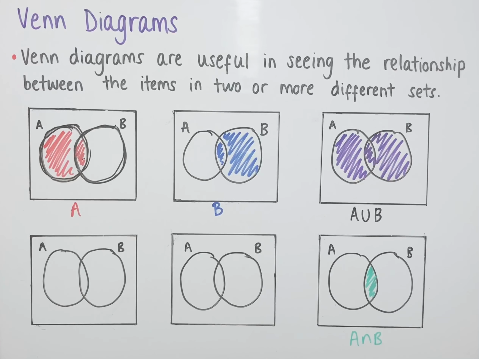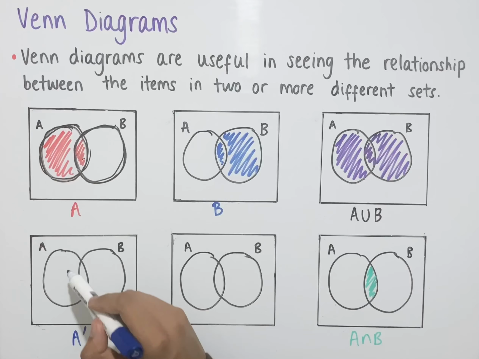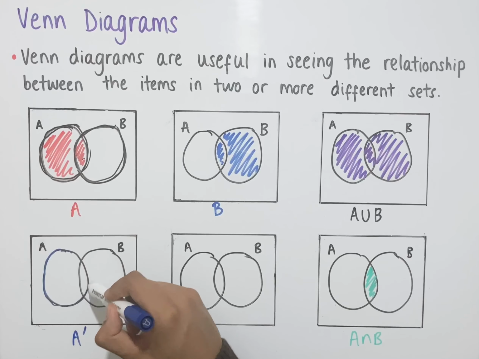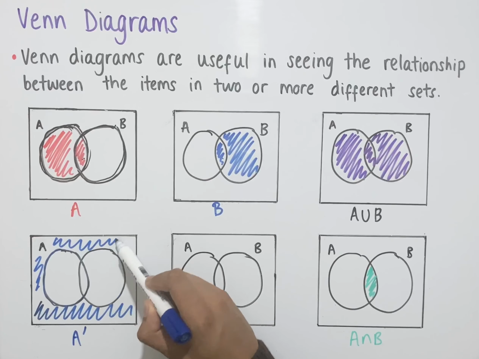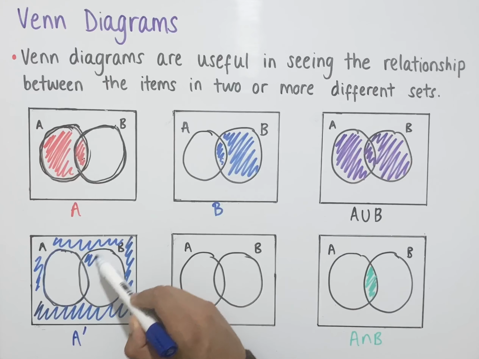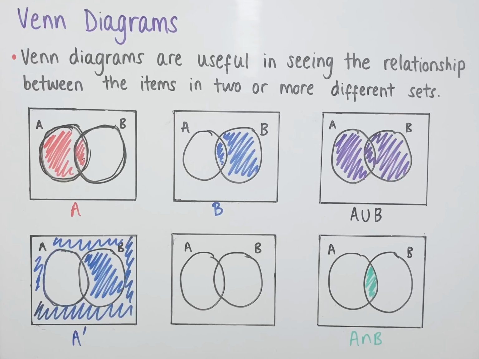We can also use Venn diagrams to represent sets that involve complement. So for instance, if we wanted to work out what A complement looks like on a Venn diagram, we would shade in everything that is not in A. So if this circle is represented by A, then we need to shade in everything outside of that to get A complement. And so that would be all of the region outside here, as well as some of circle B. So this bit here within circle B would also be shaded. The middle region here would not be shaded since that's involved in A,